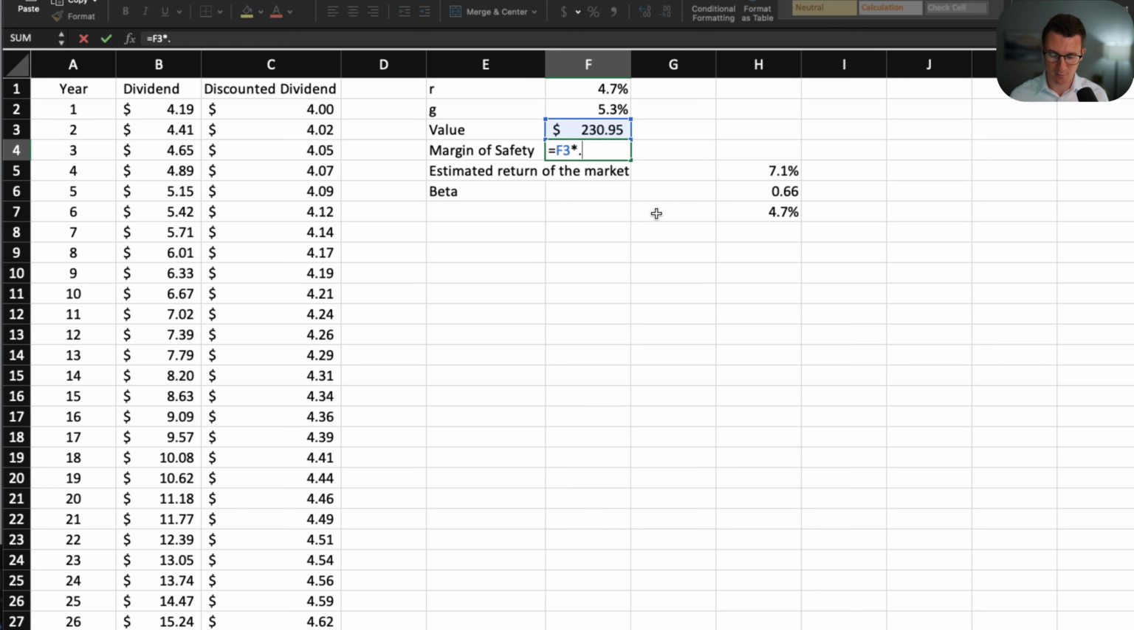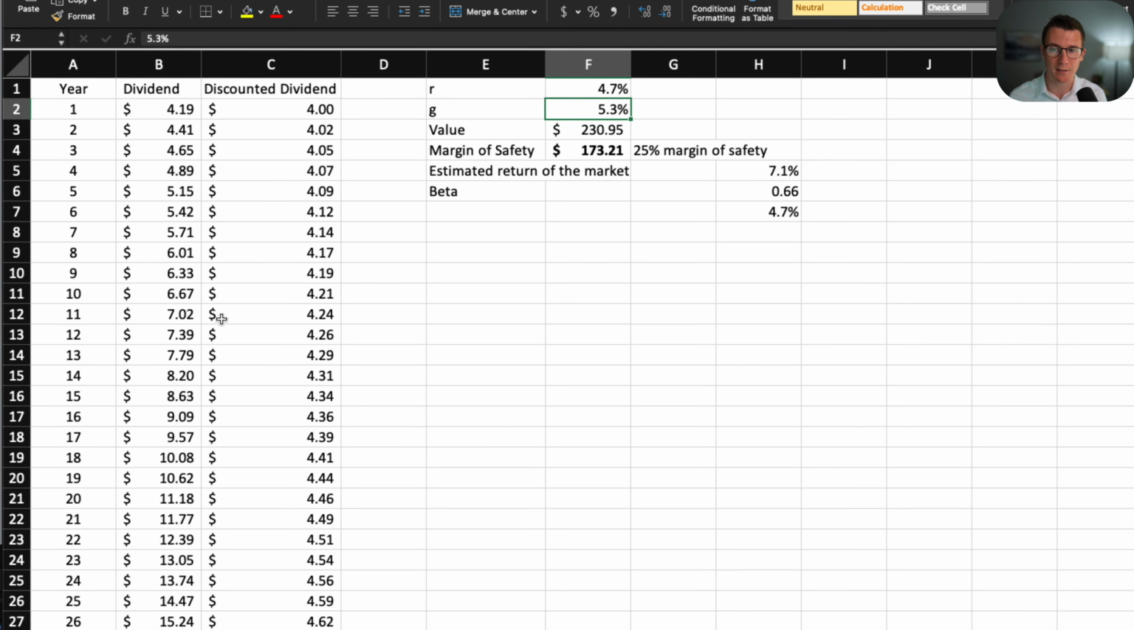So let's just say this multiplied by 0.75 if you wanted 25% margin of safety. And that would suggest you would want to buy the stock at $173.21 or below. If you did that, you would expect that you're going to make at least a 4.7% per year rate of return if Johnson & Johnson is able to grow its dividend at 5.3% per year for the